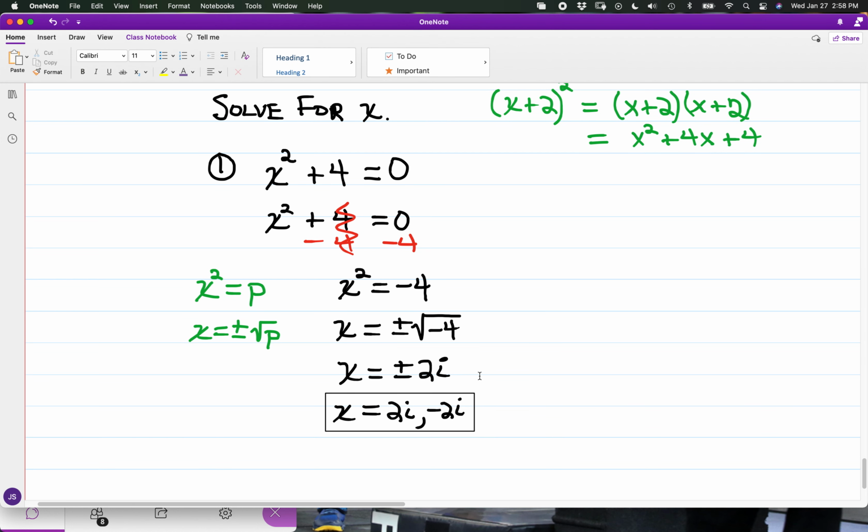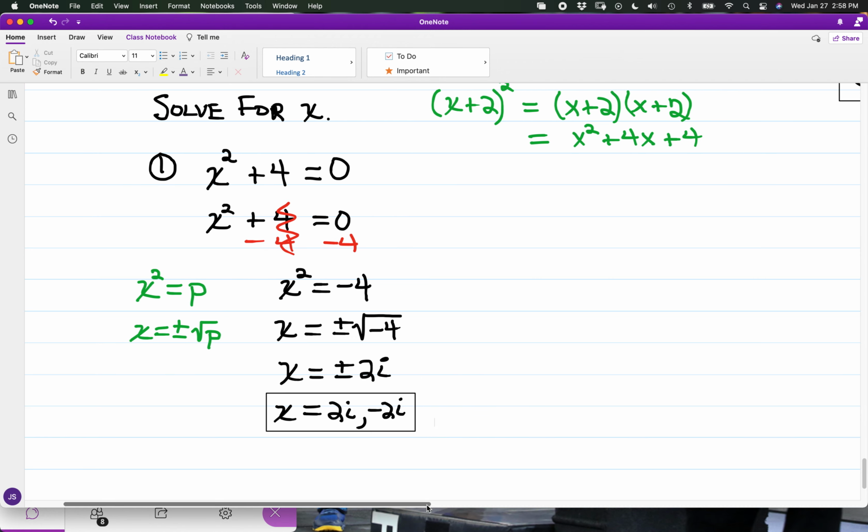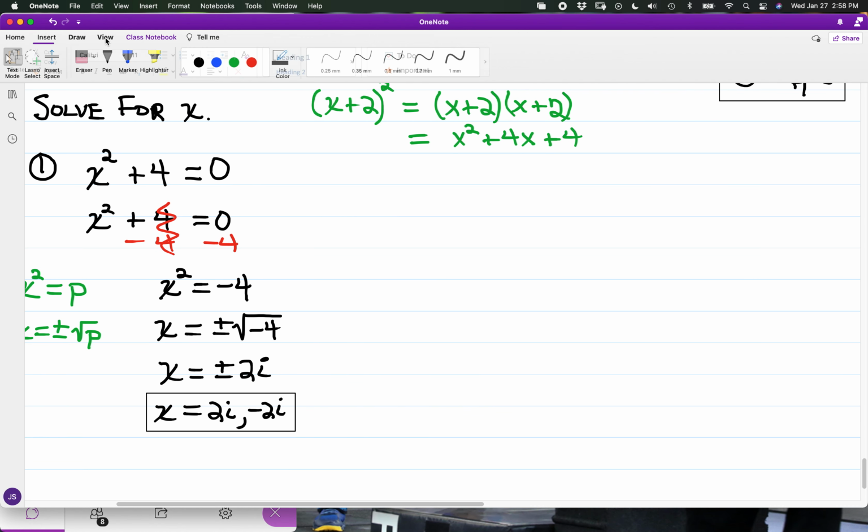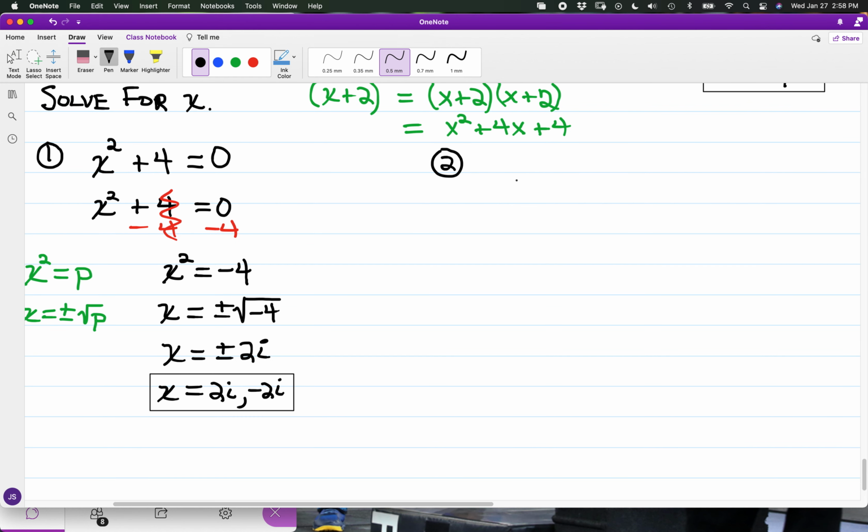Okay. Now let's say we have a case where we're still going to have complex roots, and we'll say that we have the square of x plus 1, squared, and we'll say we have plus 36